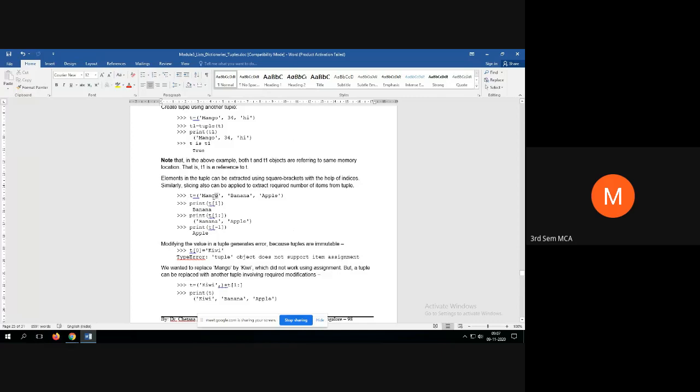That means I want to modify mango into kiwi. Look at the error: type error, tuple object doesn't support item assignment. I have highlighted the name of the error, type error. It is showing tuple object doesn't support item assignment because the contents of a tuple are immutable.